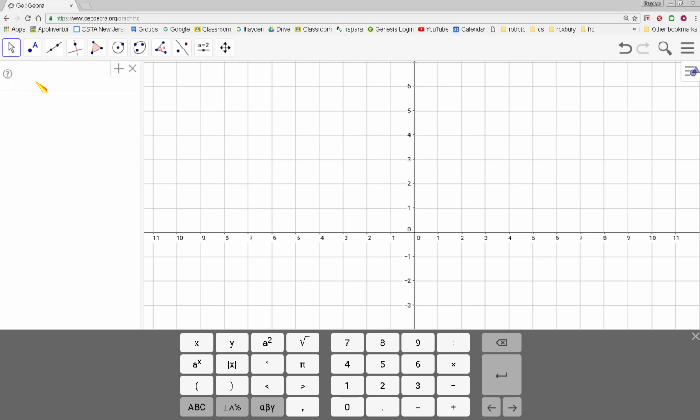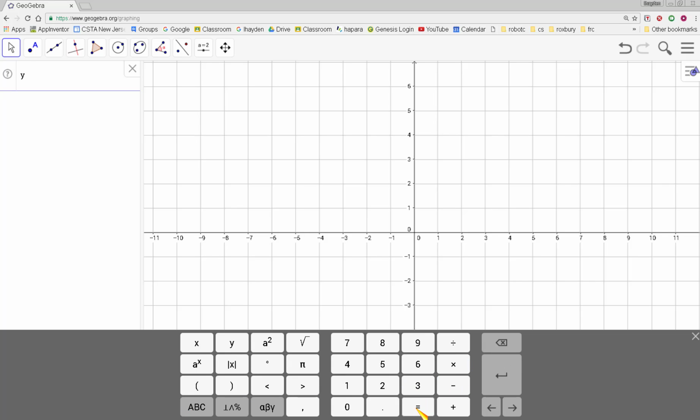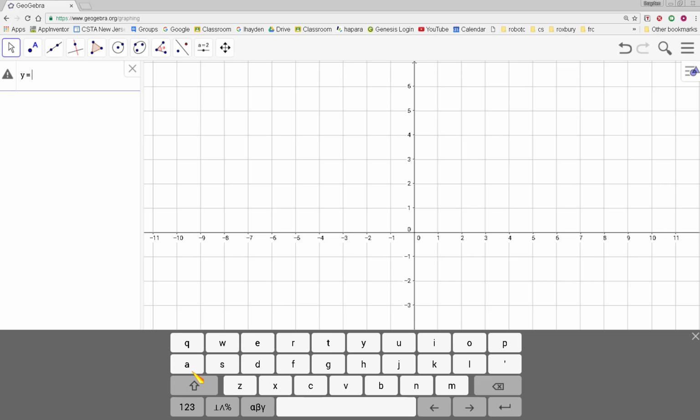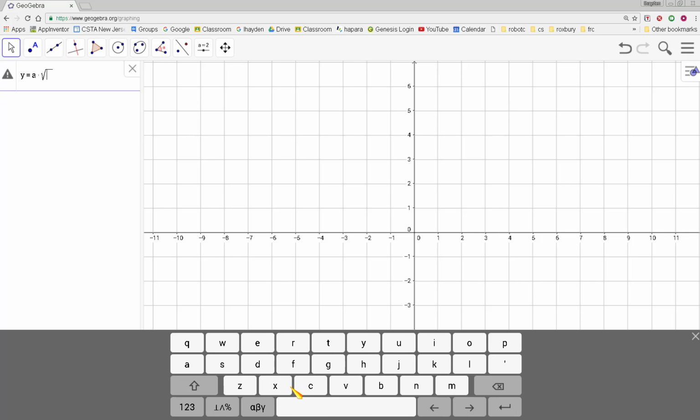So I'm going to go to input, and I'm going to do this entirely using the pop-up keyboard. So you don't have to type anything, just click on the keys. So I'm going to go to the alphabet and do Y, and then I'm going to go back to numbers and say equals, and then I'm going to go to A, and then I'm going to do times, and then I'm going to do the square root of, and I'm going to do X